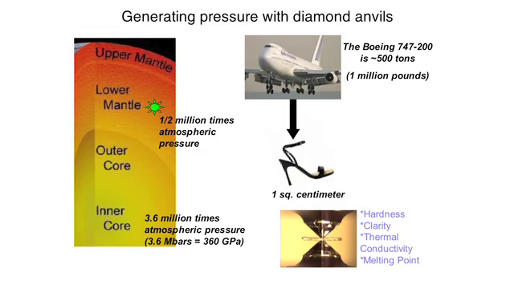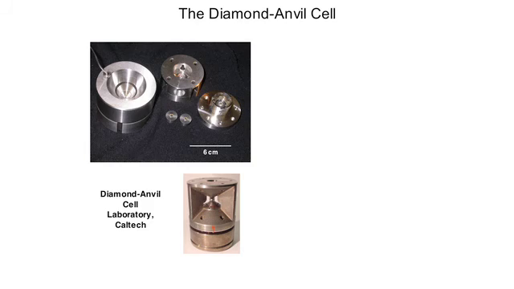We use diamonds because of their hardness and their clarity. They are transparent to a wide range of electromagnetic radiation, so we can probe the minerals that are being squeezed in between these anvils by a suite of spectroscopic methods, be it light or X-rays. Diamond has a high thermal conductivity and a high melting point. This is very helpful when we're trying to simulate the temperatures inside of the Earth so that the whole device does not break down. So here's a picture of the cells, and I welcome you to come up and look at them after the